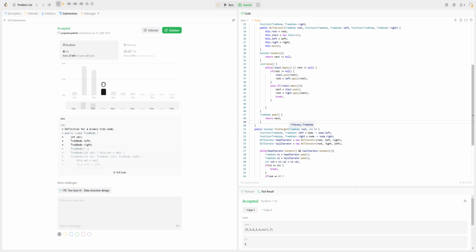And if the tree is balanced, then the total memory usage is on the order of log n. But worst case, if the tree is pretty much skewed on one side, the size of the stack grows proportionally to the size of the tree, which is going to be an O(n) space complexity. But from the time complexity, this is saving a second iteration of the tree. So we are simply visiting every node just once, and this is an O(n)